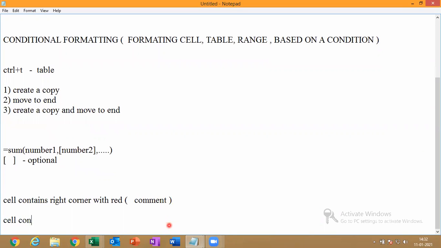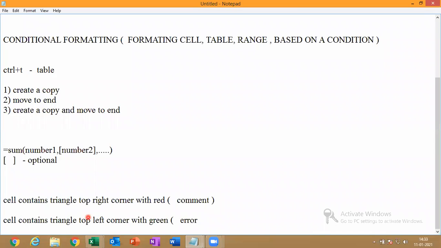If the cell contains a small triangle on the top left corner with green, these are interview questions, then it will be called an error.